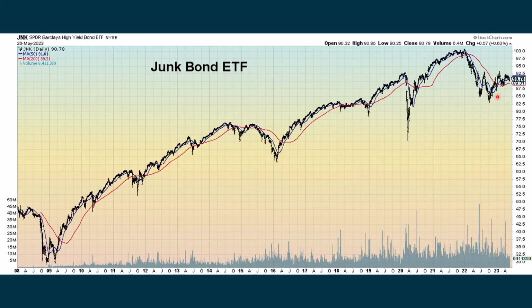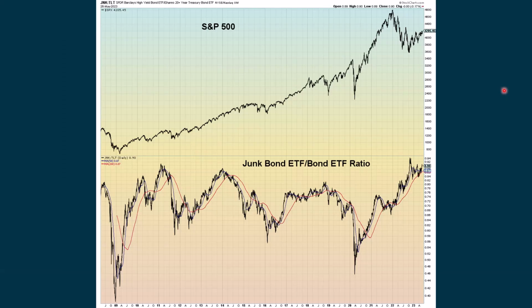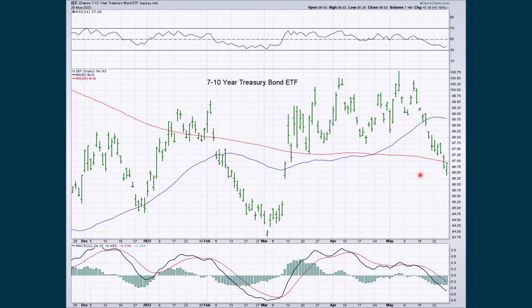And then looking at junk bonds, they are showing some weakness. They tend to follow the stock market overall, but we're in an uptrend. Then when we look at junk bonds versus government bonds, junk bonds are really outperforming. We also look at the Treasury Bond ETF. This is bonds based on price, where they have been showing some weakness. We're below 50, but turning back up slightly with the RSI, and we're still showing negative momentum with the MACD